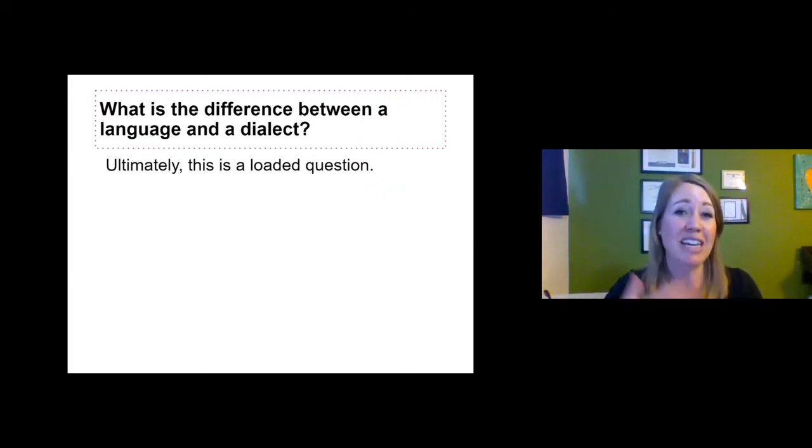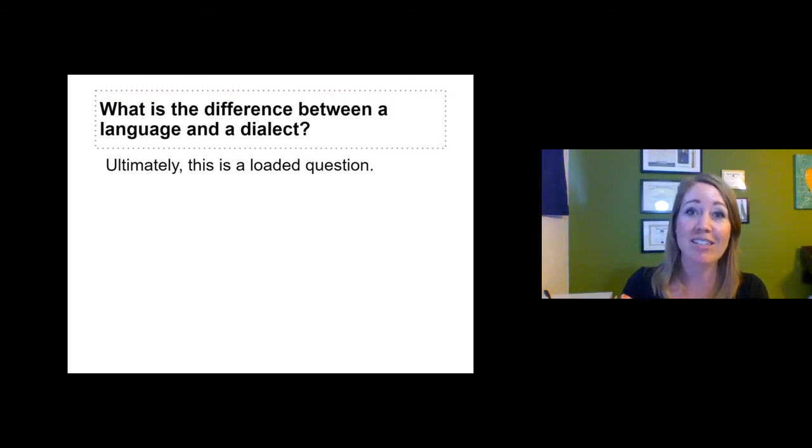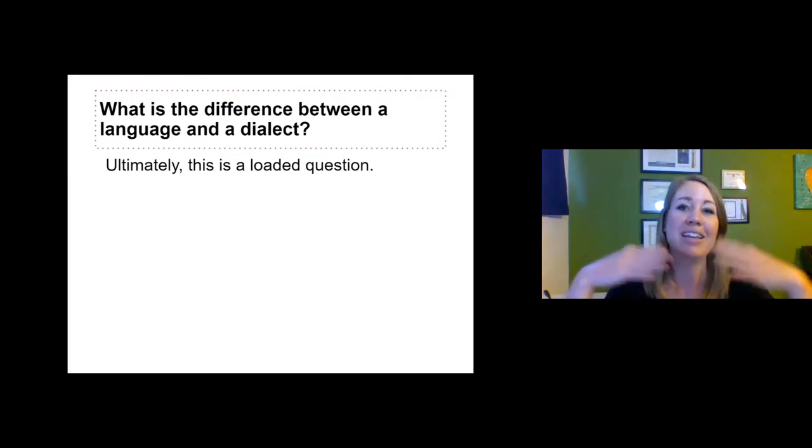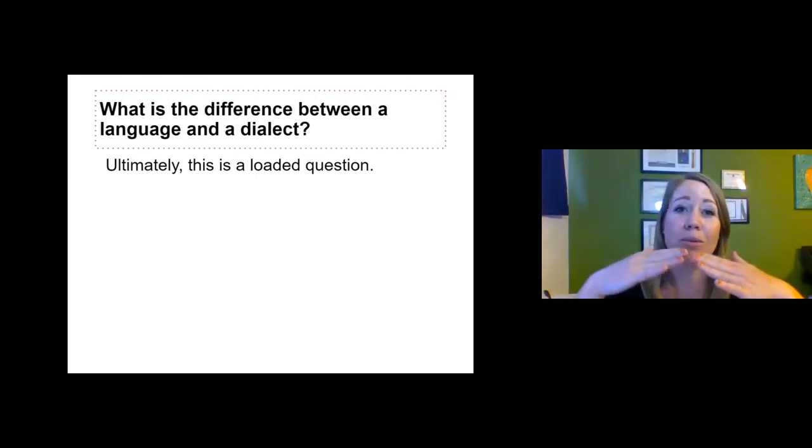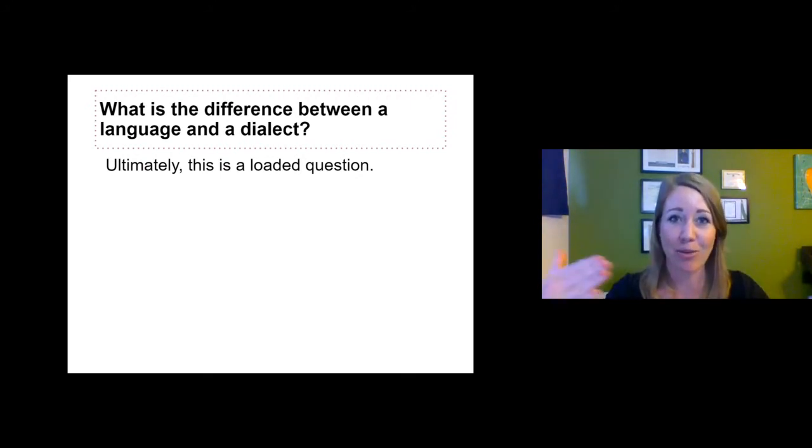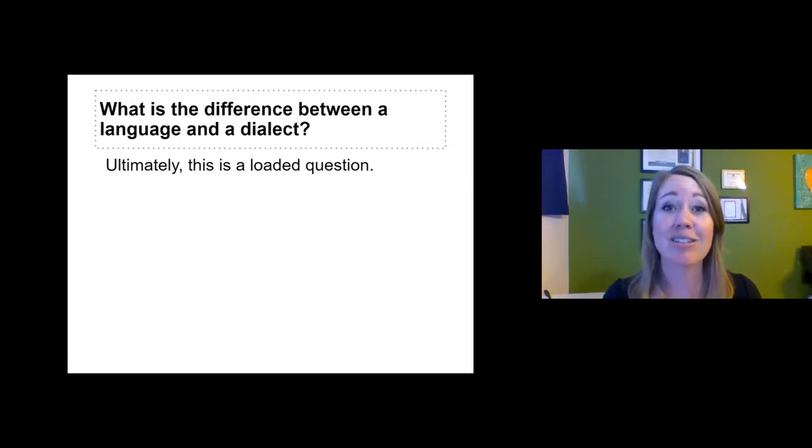You might not understand everything someone from New York says, but you can understand a majority of it and still have likely a successful conversation with that person. Versus if you're speaking English and you're talking to someone who speaks Cantonese, unless you speak Cantonese, there's no successful communication that's going to occur, right? So the difference between a dialect and a language is that people that speak different dialects likely can still successfully